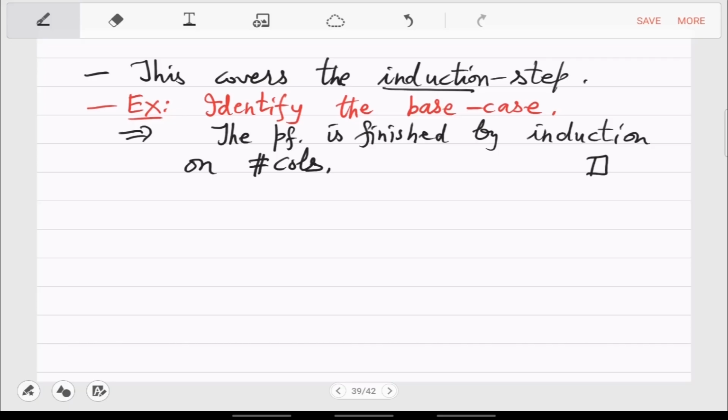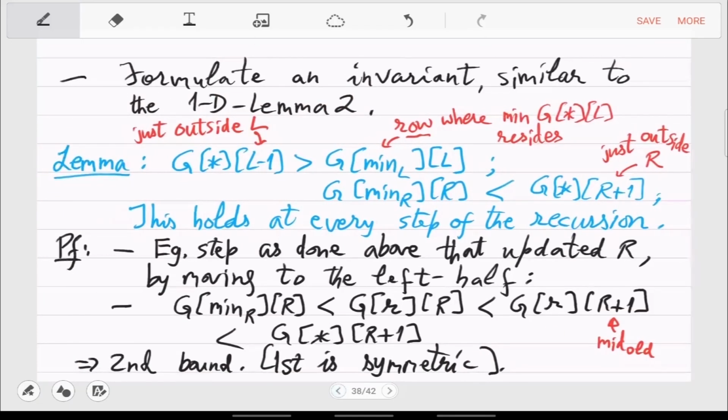Here we only meant that the number of columns is halving. So we are reducing the bigger theorem to a smaller case theorem, and by that it holds for all L and R. Yes, so that is the first lemma.